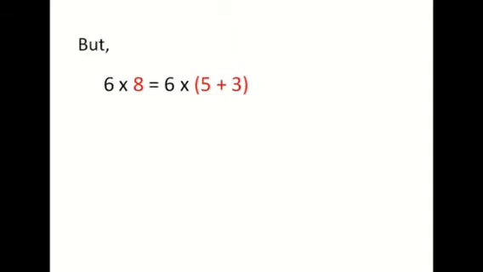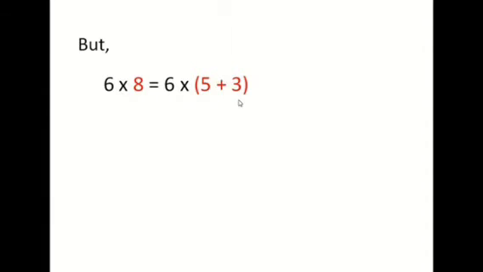But look at this expression here. The original grid, we calculated the number of squares as 6 into 8. Yes, this 8 I have split into 2 parts as 5 and 3. So instead of 8, I have written 5 plus 3. 6, I didn't change anything. So 6 into 8 has been expressed as 6 into 5 plus 3.